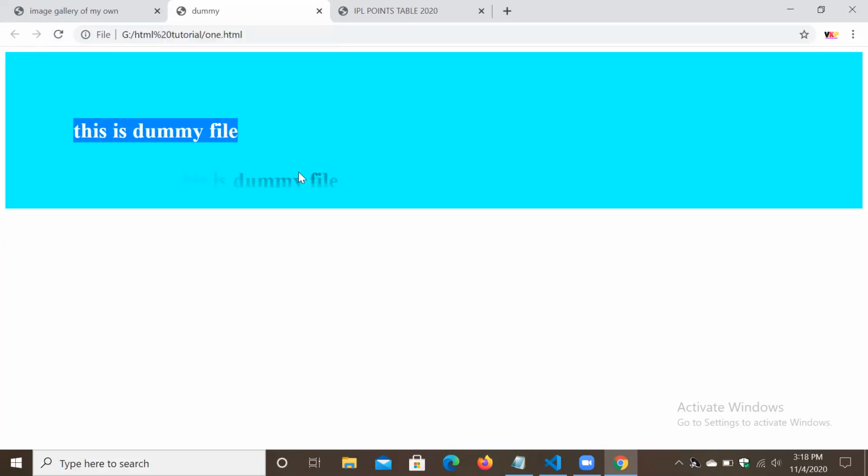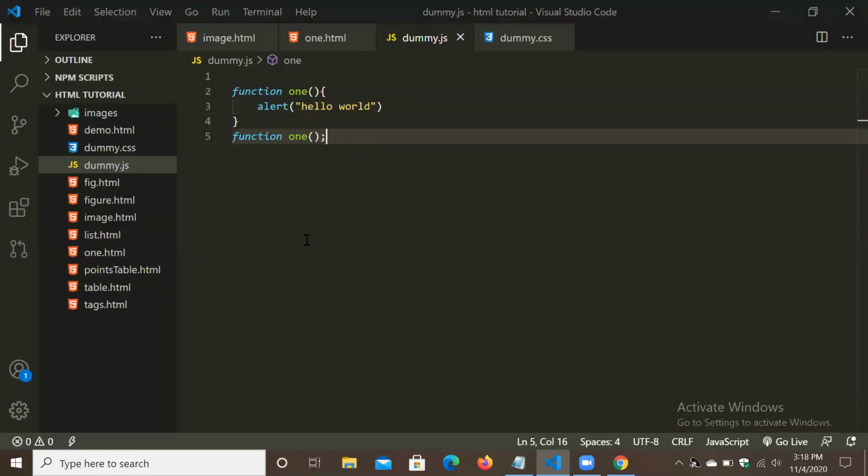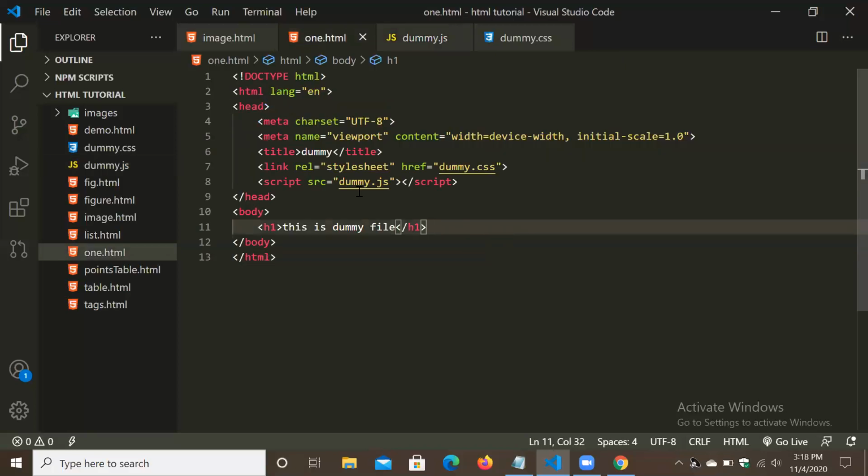Okay, just refresh, we added that dummy.js source file properly.